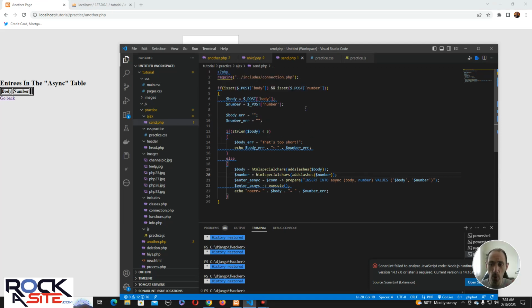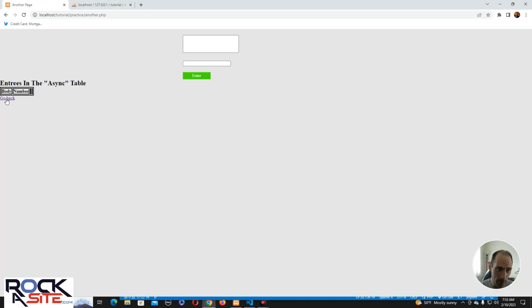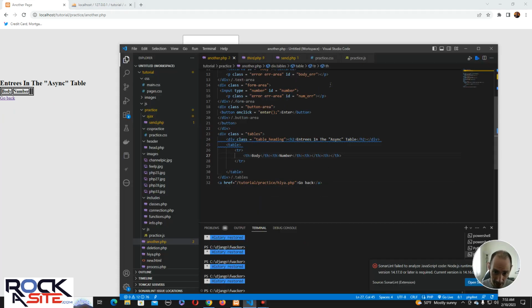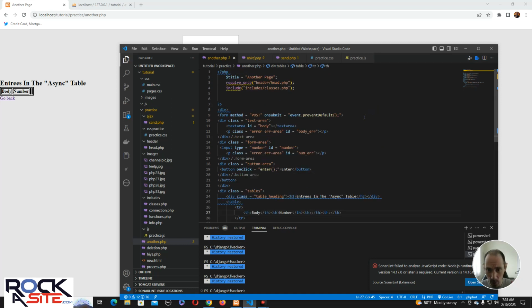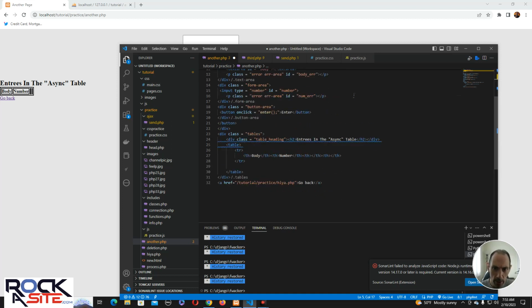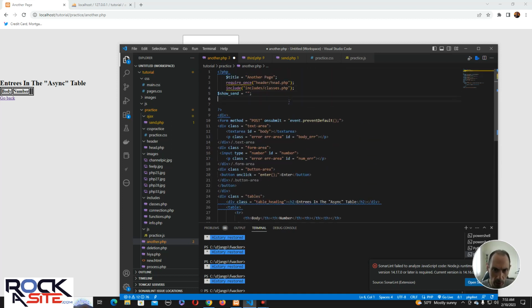So as we've done before, we want to be able to see what's going on with this table. We don't want to just assume that everything went to the back end. We want to see it. And we've done this previously, as I've mentioned. Show send equals blank. Then we will go get send equals con